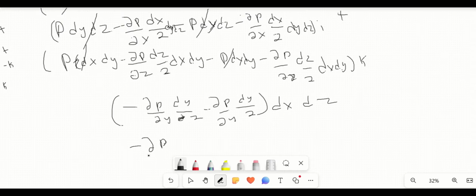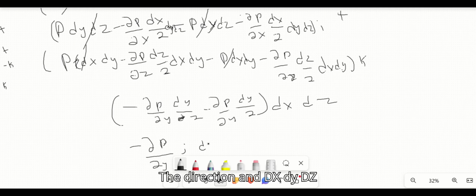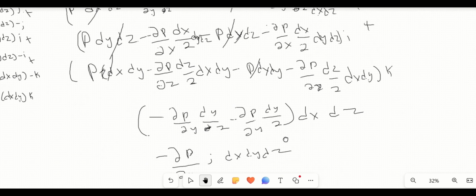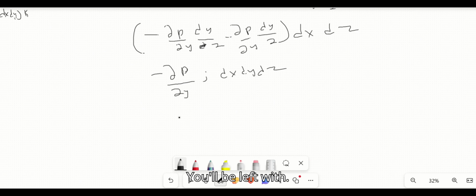partial p over partial y, dy. And this is in our j direction, and dx, dy, dz. Now if I do the same process for all of them, you'll be left with